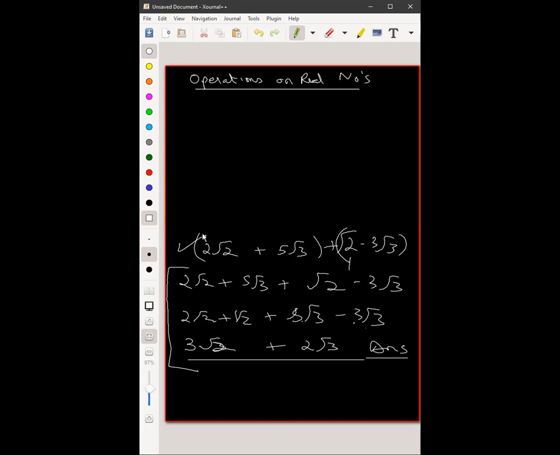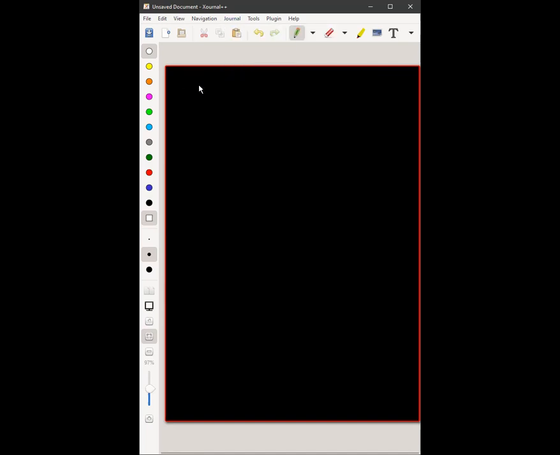So done. Okay. Similarly, we can do multiplication, let's say 6√5 into 2√5. What would be the answer? Now think of it in this way. This is like 6x into 2x. What would this mean? 12x squared. So in this case, what would this become? This would become 12 times √5, the whole thing squared. What is √5, the whole thing squared? 5. So this would be 12 into 5, which is 60.